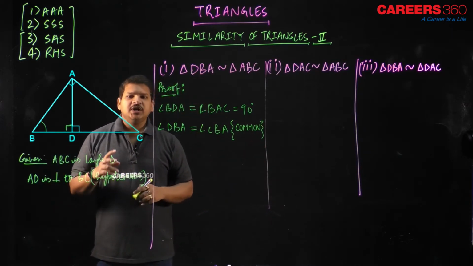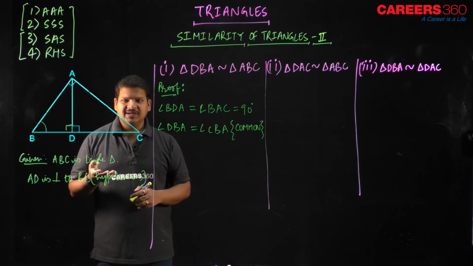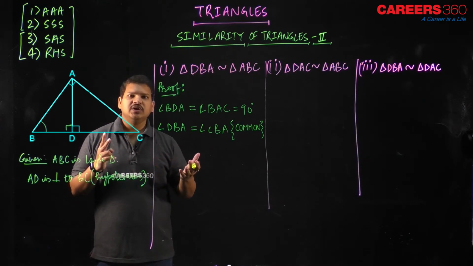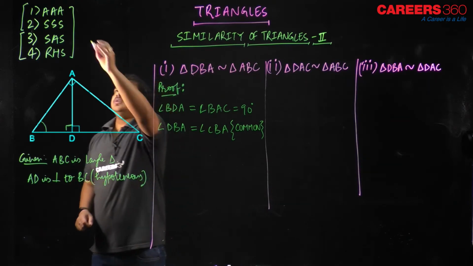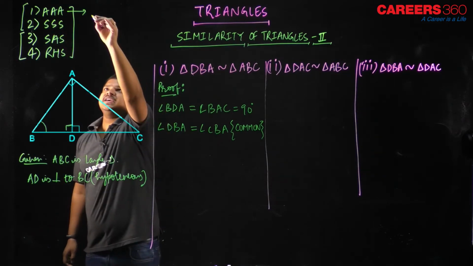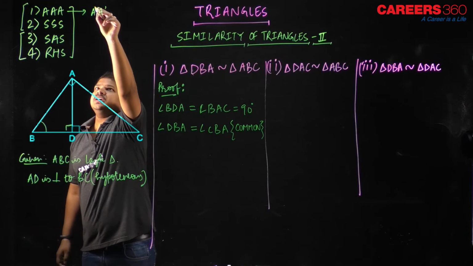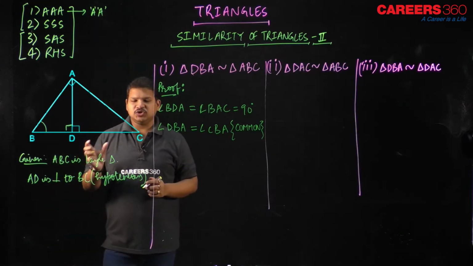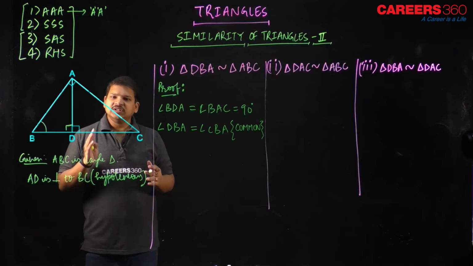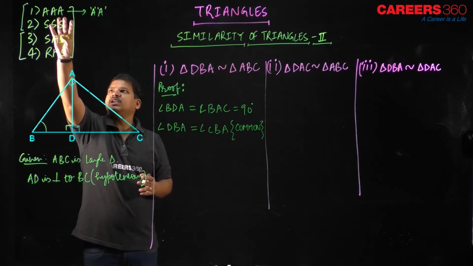And as you know, if in two triangles two corresponding angles are equal, then the third one will also be equal. So my AAA criteria can also be stated as AA. Obviously, if two corresponding angles are equal, then the third one will also be equal, and that is why AAA